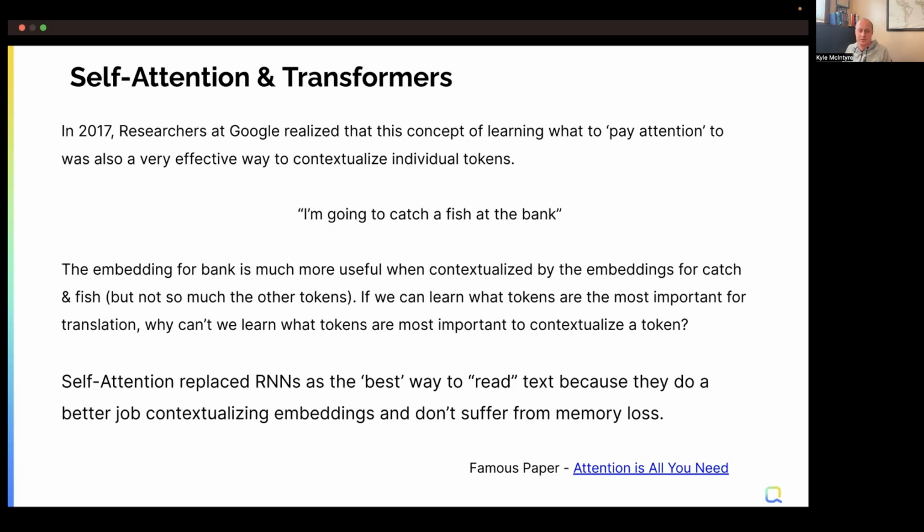And so self-attention, sorry to break the news, in some sense maybe replaced RNNs as the preeminent best way to deeply read and understand text. RNNs still have a lot of uses and some nice properties, but self-attention largely supplanted them. And this overall architecture